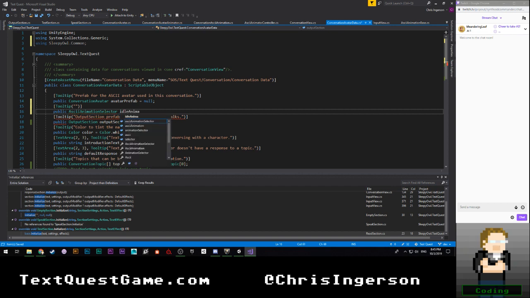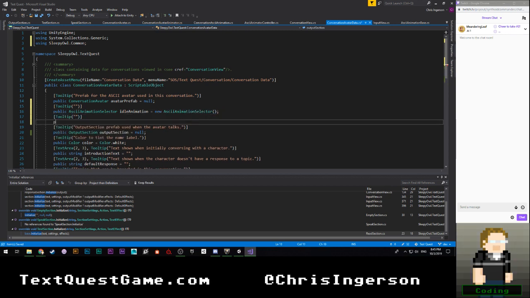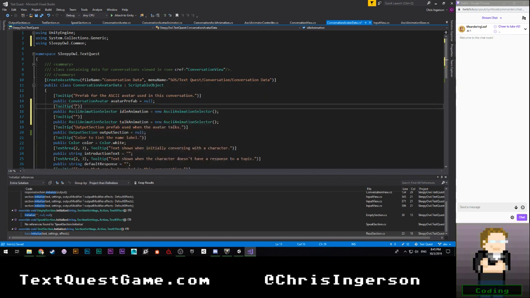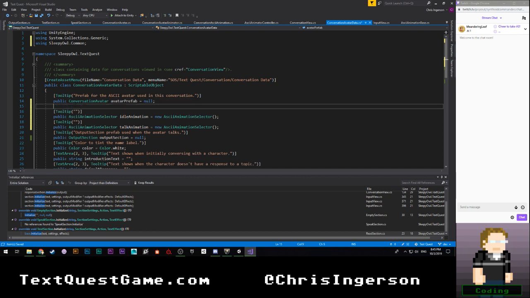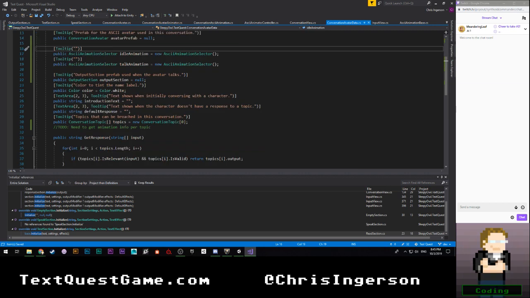Idle animation is equal to blah blah blah. And then tooltip. Public ASCII animation selector talk animation is equal to new. I'm going to put some spacing around here so that I can more easily tell these are temporary, which means I don't really need a tooltip for these.